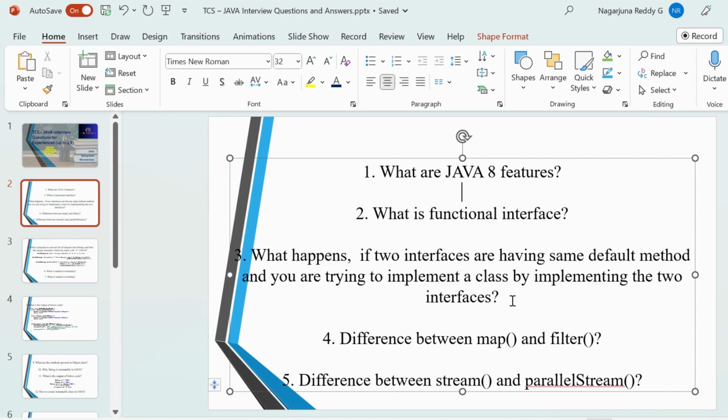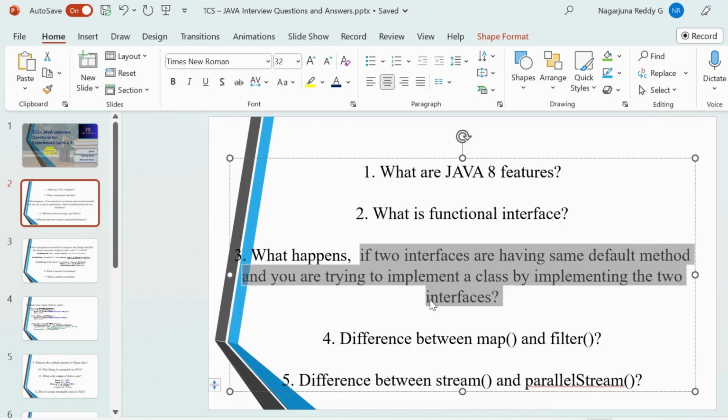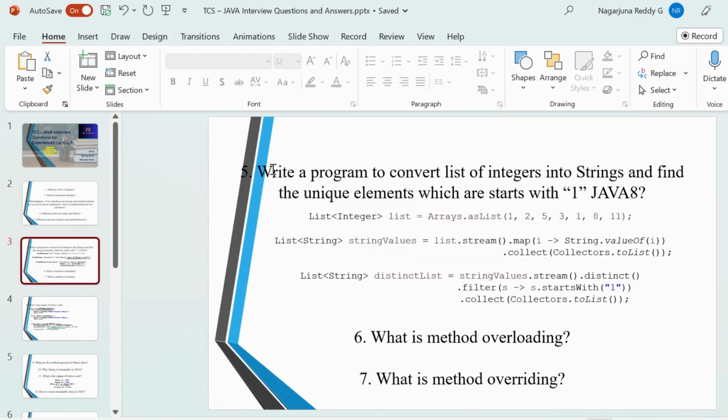My suggestion is to open an IDE, take two interfaces, create two default methods, try to implement the two interfaces, and get the answer by yourself. And the difference between map and filter, and the difference between stream and parallel stream. And then he asked me to write a program